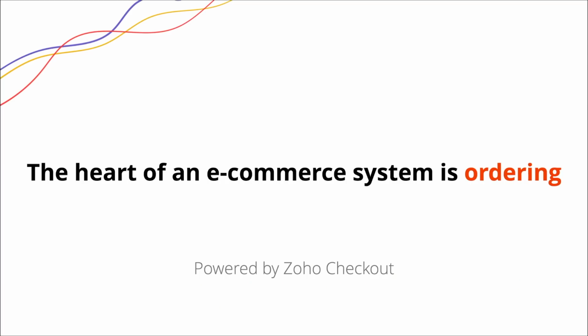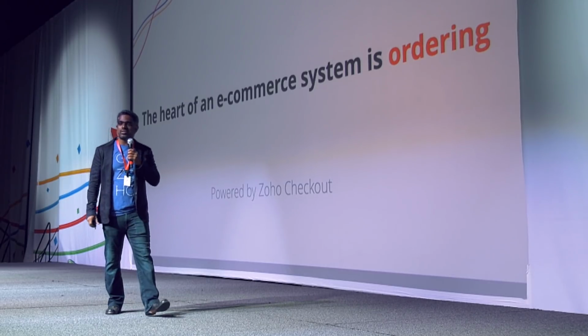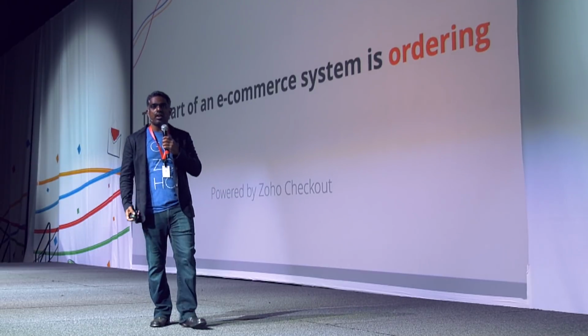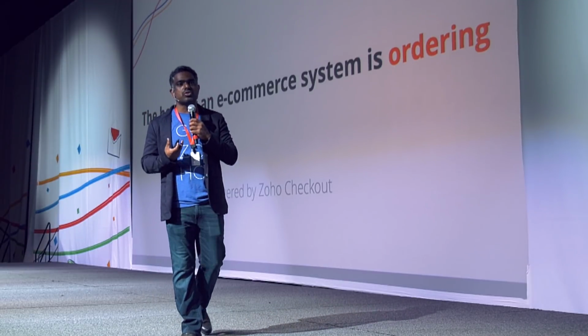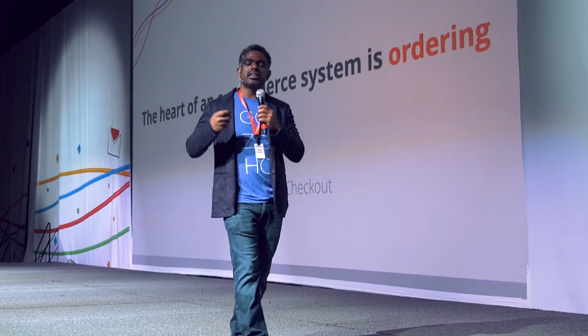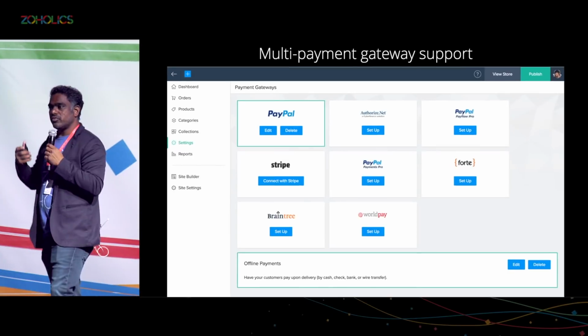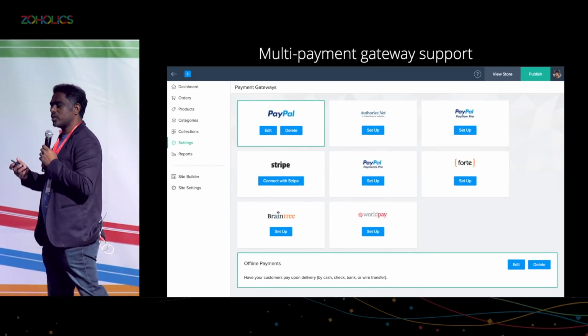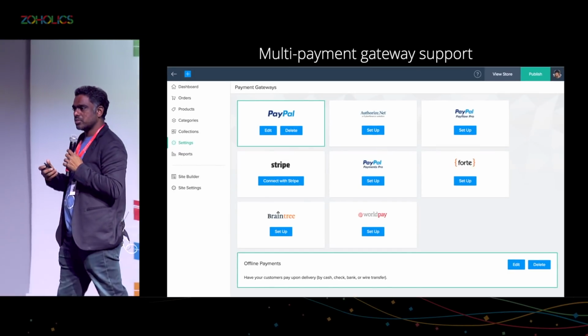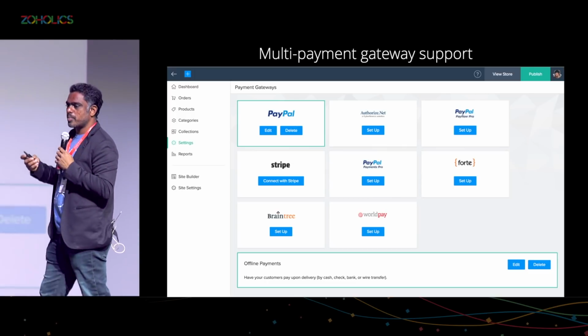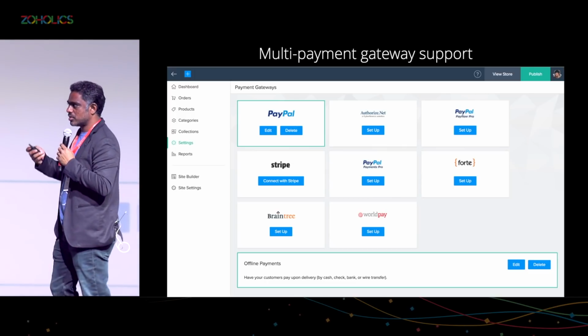Now, of course, the heart of an e-commerce store is about ordering. You need to make sure that your customers check out successfully, and the beauty is we have a product called Zoho Checkout that is tightly integrated with the e-commerce platform, and it supports multiple payment gateways. No matter which country you come from, we support multiple payment gateways, and we keep adding to this list.